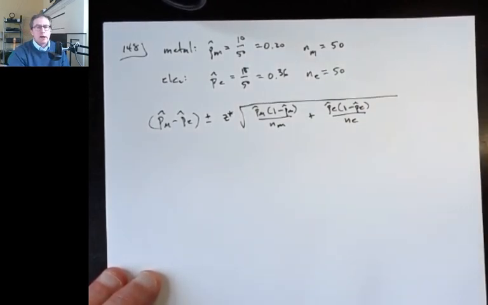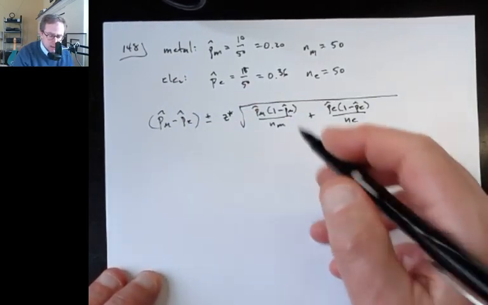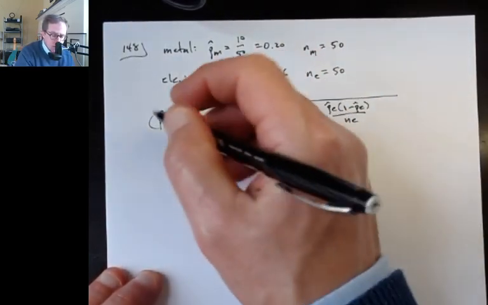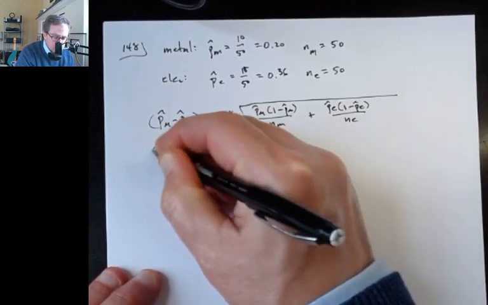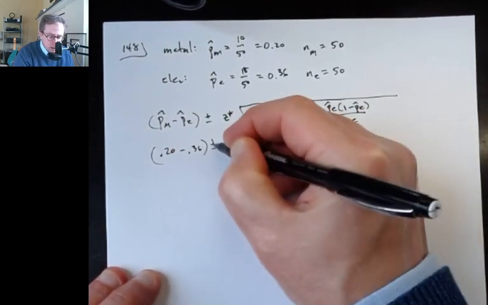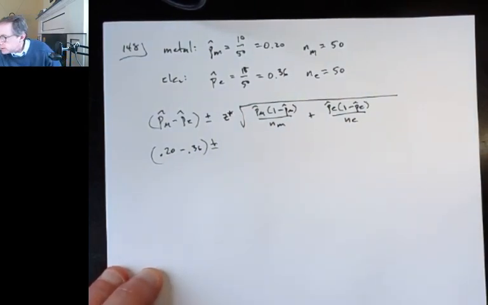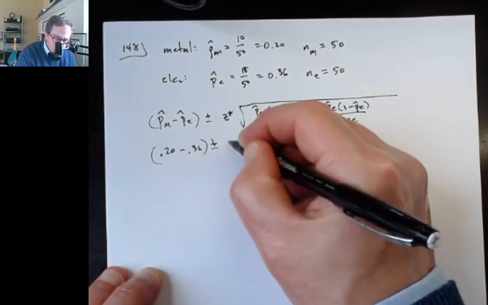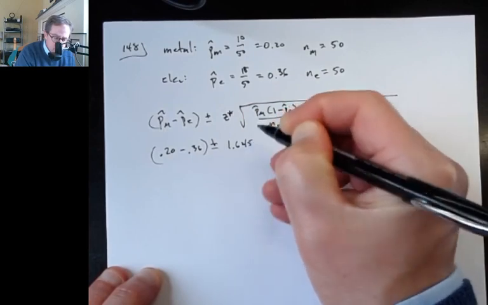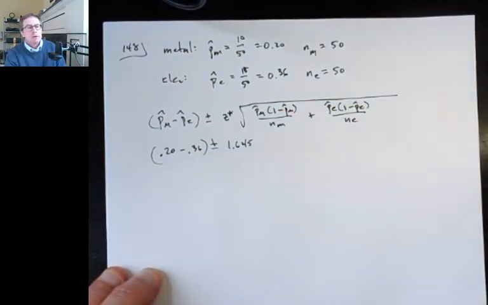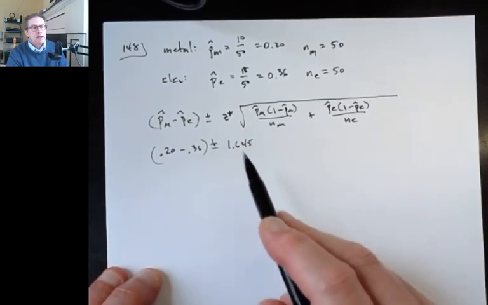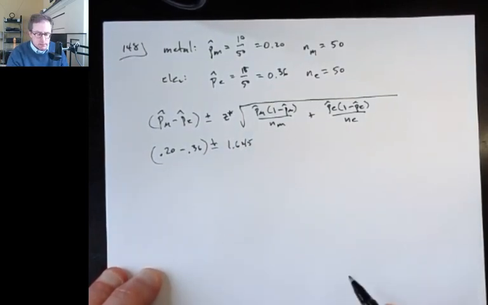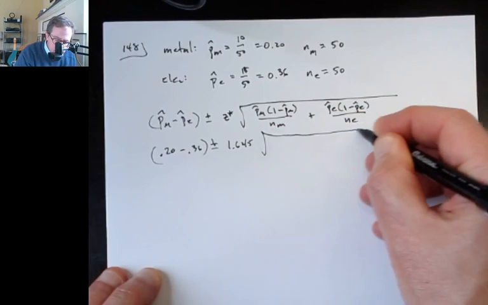Okay, let me take out a calculator and see how I do with this, see if I can manage to flub this up. So 0.20 minus 0.36, plus and minus, I forgot what level of confidence I'm supposed to have, 90% confidence, so 1.645. That'd be a good number to write on that page where all the formulas are. You know, the Z stars for 90, 95, and 99. Write them all on that page. Square root of